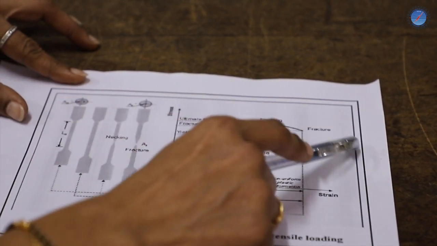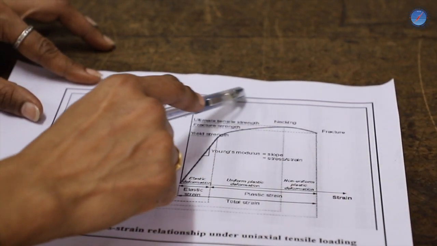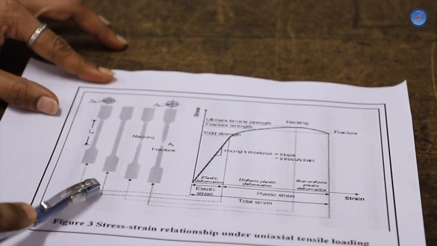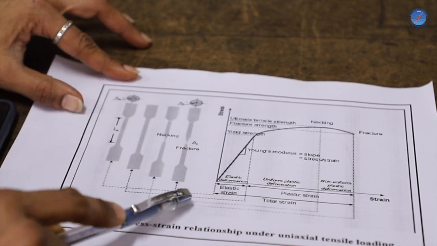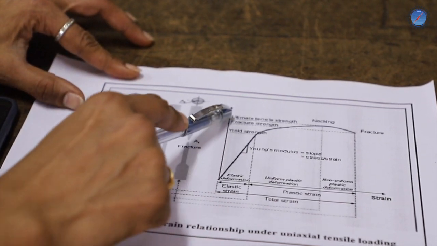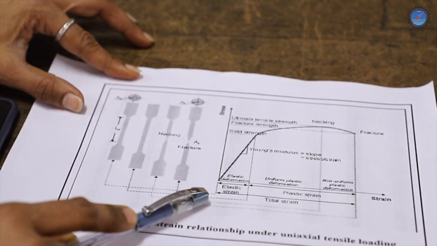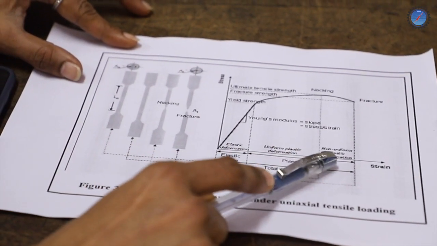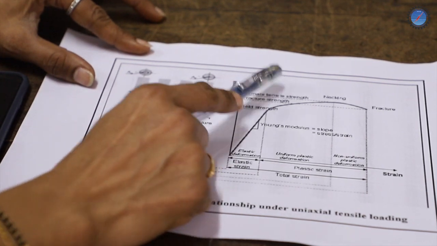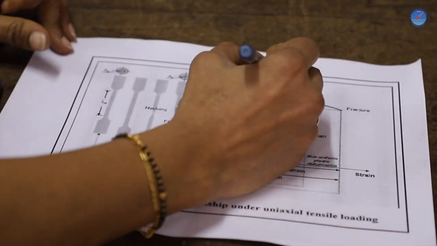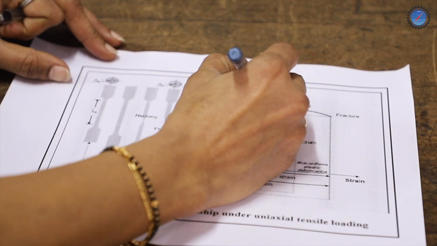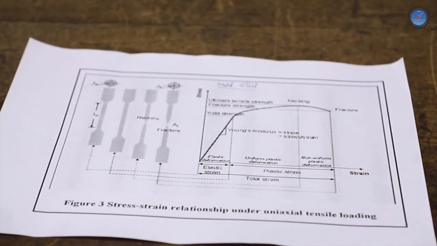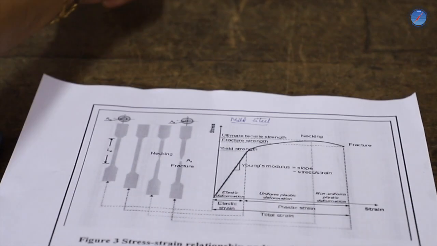So this is exactly the curve, the diagram also you have to write in the record in this fashion, and in the test if we ask, you should write it in the same way, as well as you have to draw this with the help of graph sheets and represent each and every property of the material, which is nothing but steel, mild steel. The same thing will be there for the aluminium.